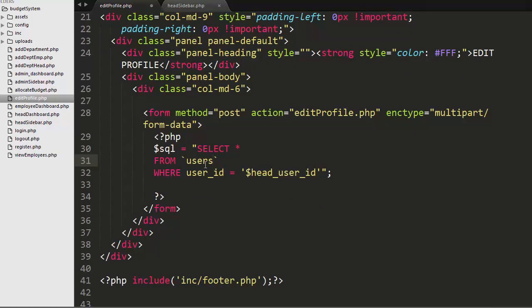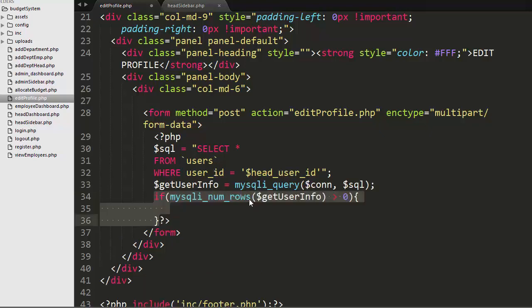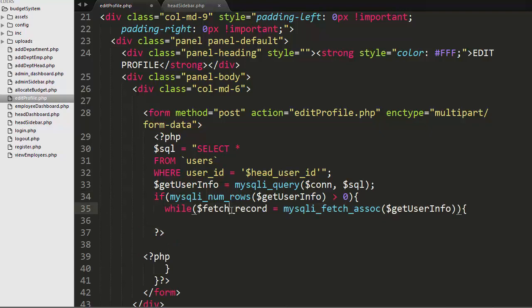This select query is used to select all the data of the user who is logged in. Before we allow the user to update, first we need to show their data on the form, right? That's why first we need to select the user's data from the table by using their head user ID. Next, I need to pass this query and execute it, and check if this query returns some set of records. If it returns records, then I will be iterating over those records using this while loop,